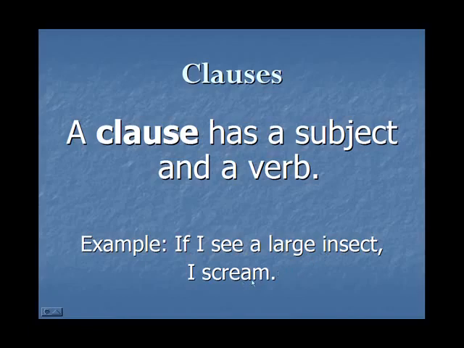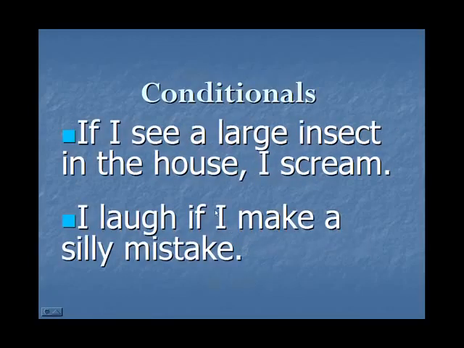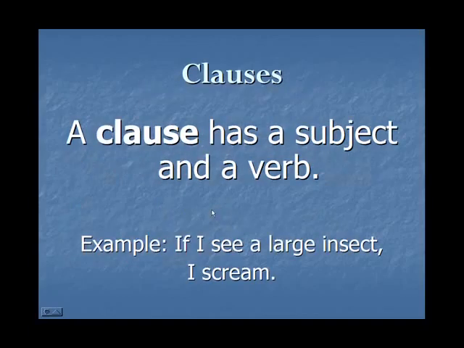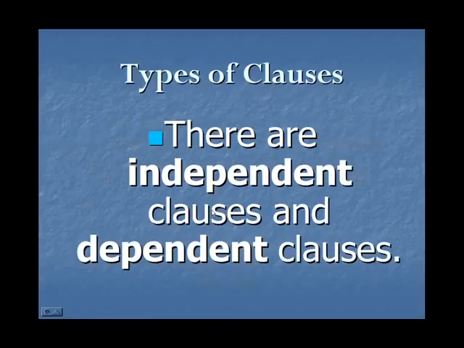I'm only pointing these things out because it's important to understand that conditionals have two clauses, and the clauses can change places. If can come first in a sentence, if can take the second position in the sentence. So either the dependent or independent clause can begin these conditional statements. Make sense? Okay, let's race ahead forward then. We know the types of clauses, we know their order, we know that the clauses can be independent or dependent. The if clause is the dependent clause, and it can come first or second in the sentence.